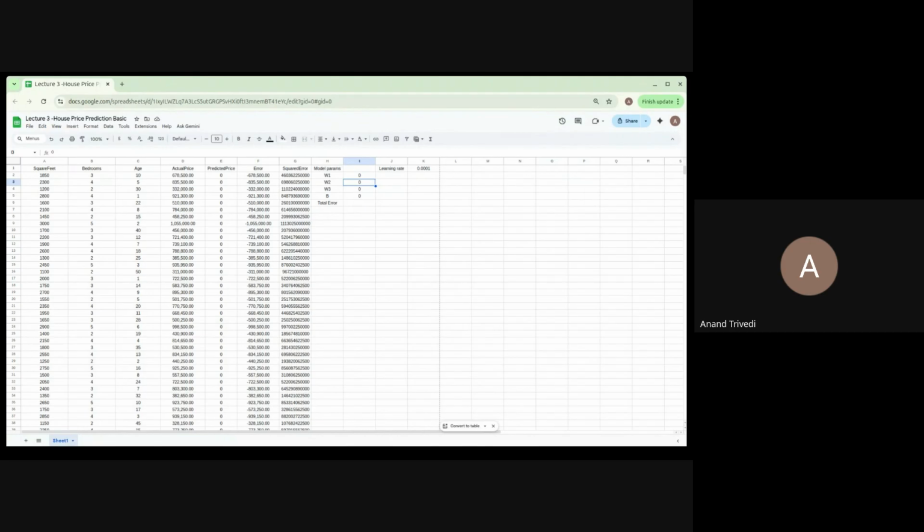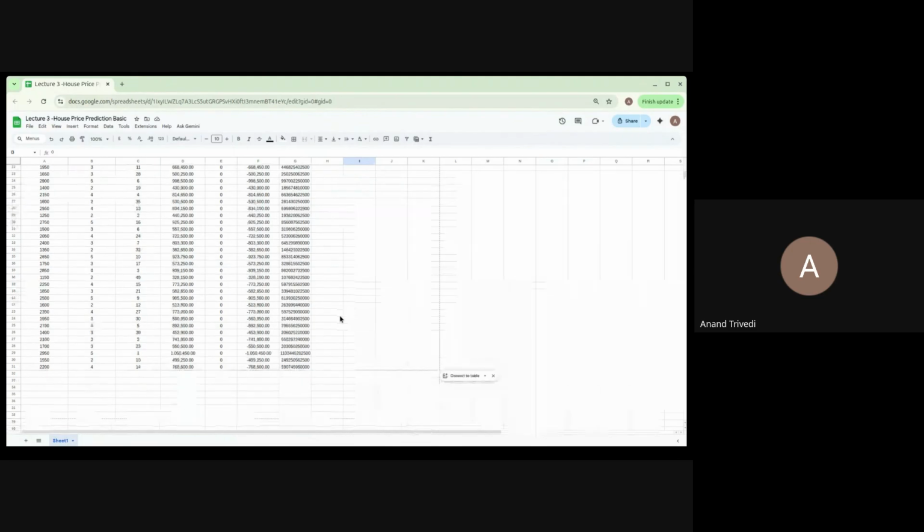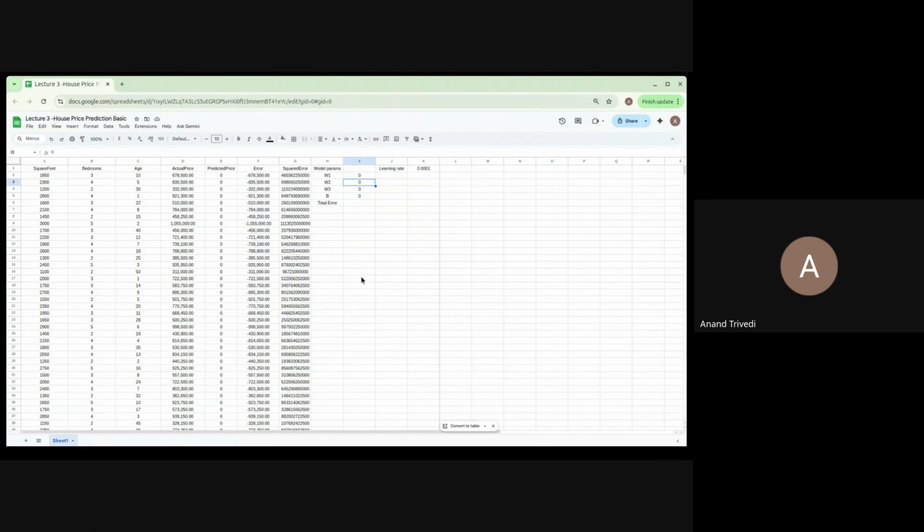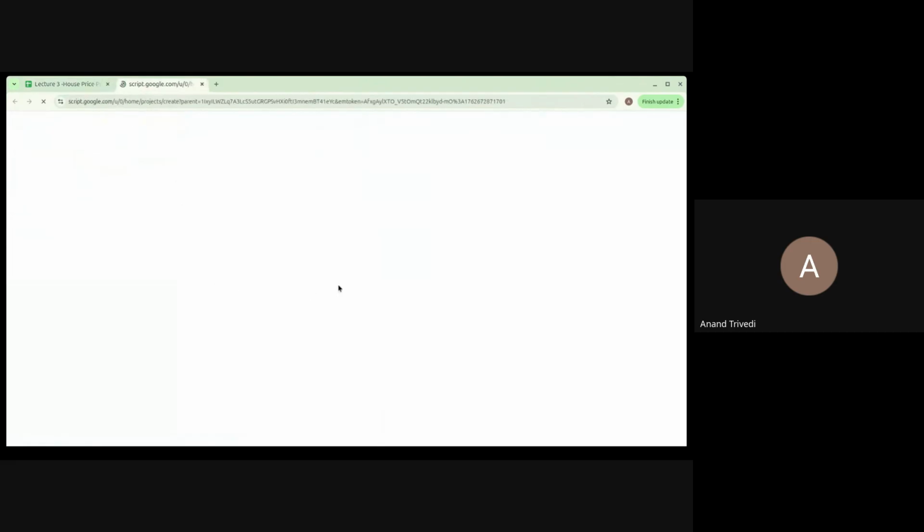So there is one more. If you do not want to add any script, there is an automatic add-on available. Using that add-on, obviously you can do the same thing. It will execute all of these things in the loop, or else I'll have to go to all of these things one by one. So I'll just go to extensions and Apps Script,